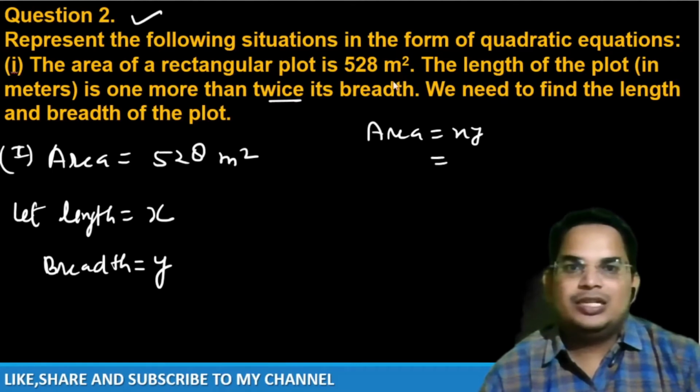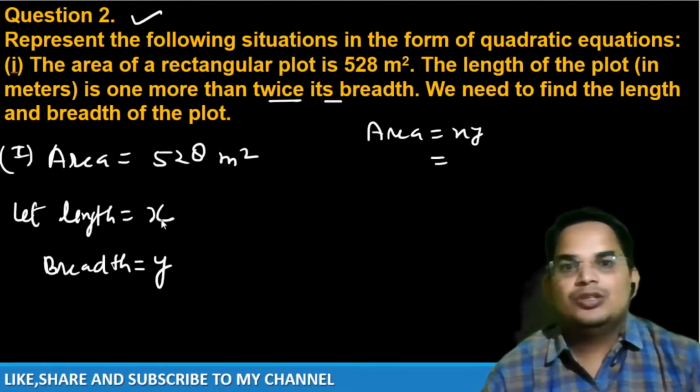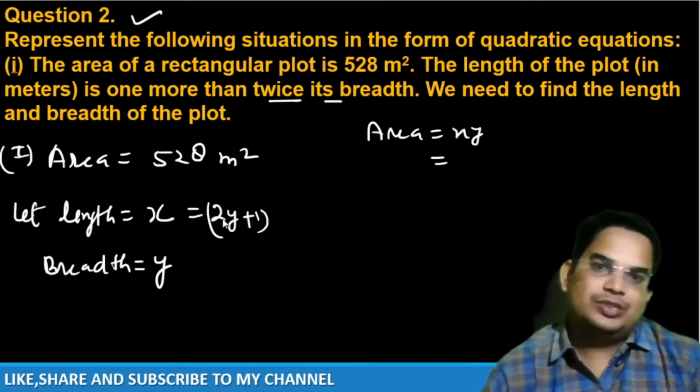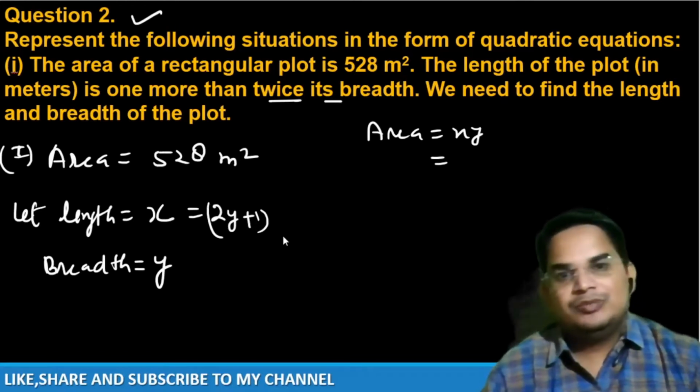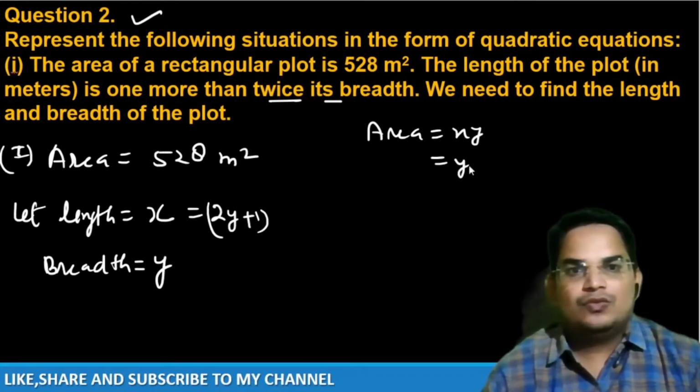Now see what is the condition. According to the condition, the length of the plot in meters is 1 more than twice its width. 1 more than twice its width means 2y plus 1. So I will put it here: y into